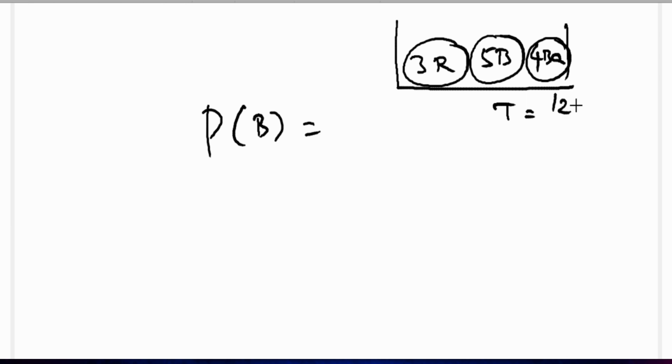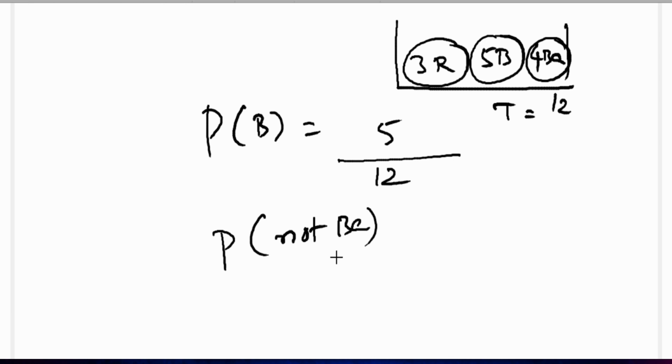There are 12 balls, so the total outcomes is 12. When you select one ball out of 5 blue balls, we are finding the probability of a blue ball. Out of 5 we are going to select one, so favorable outcomes is 5. So probability of getting a blue ball is 5/12. Okay. Here my question is, what is the probability of getting not a black ball?